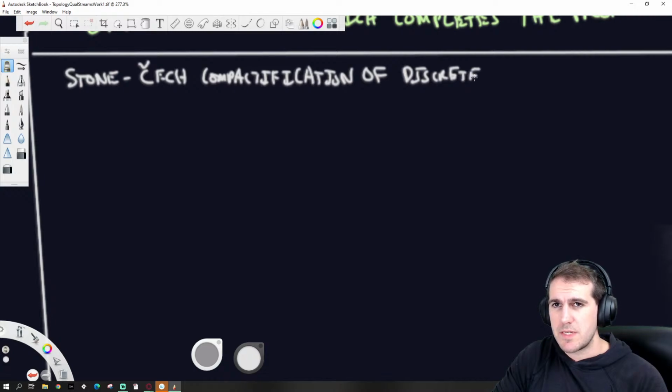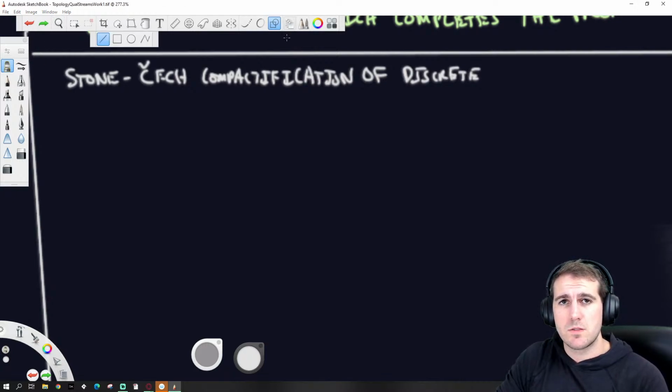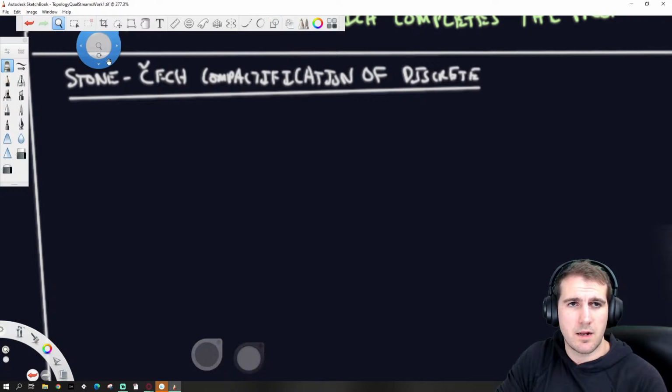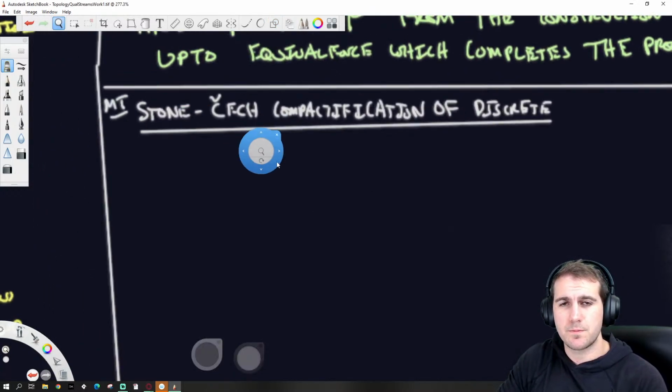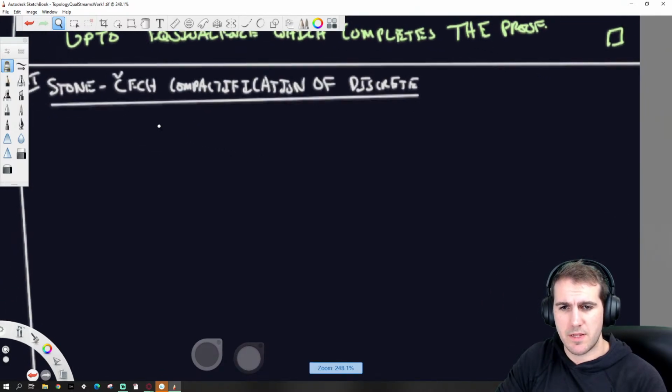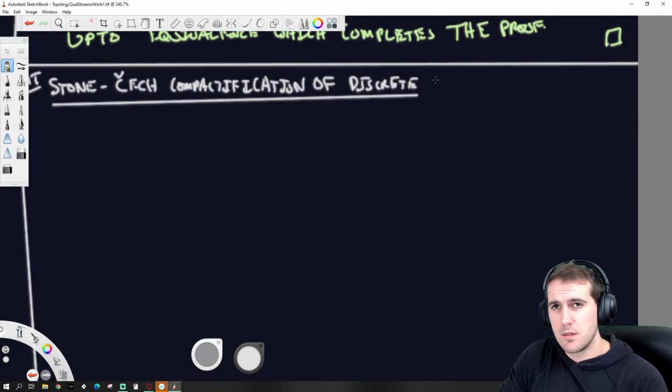So there turns out to be a really nice description of the Stone-Čech compactification in the case where your space is discrete. So this is, I've been labeling these with MT, there we go. So Stone-Čech compactification of discrete spaces.